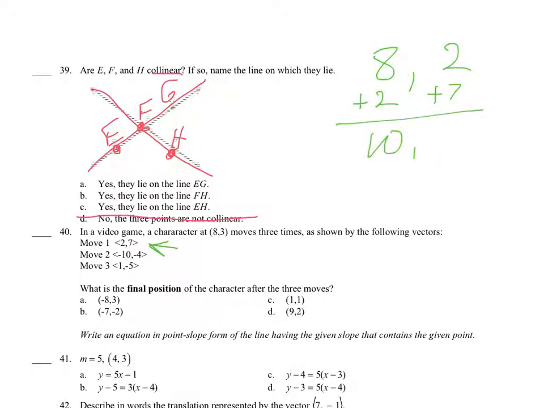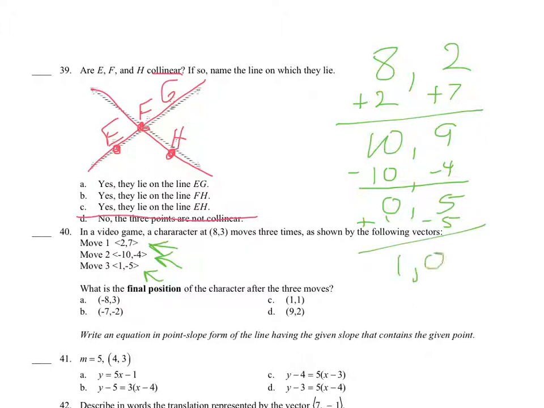So now we're at 10, 9. Next, 10 to the left, or minus 10, and minus 4, which puts us now at 0, 5. And the last movement says 1, so we're going to go plus 1 and minus 5, leaving us with 1, 0